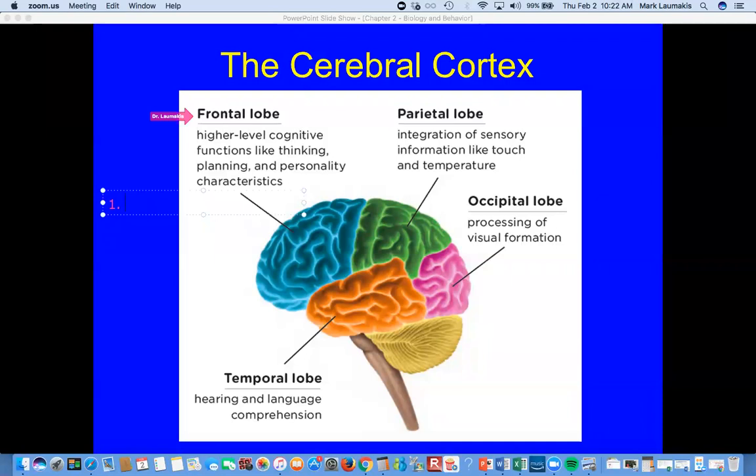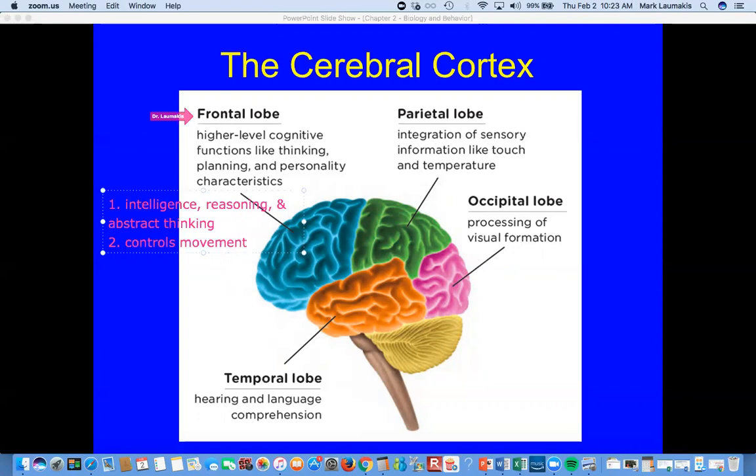So what is the frontal lobe involved with? Well, the frontal lobe is regarded as the seat of intelligence, reasoning, and abstract thinking. If you want to find where those higher level human abilities are, being able to logically reason through some scenario, being able to think about things that are not present, being able to entertain hypothetical scenarios, that's all frontal lobe functioning. That's number 1.